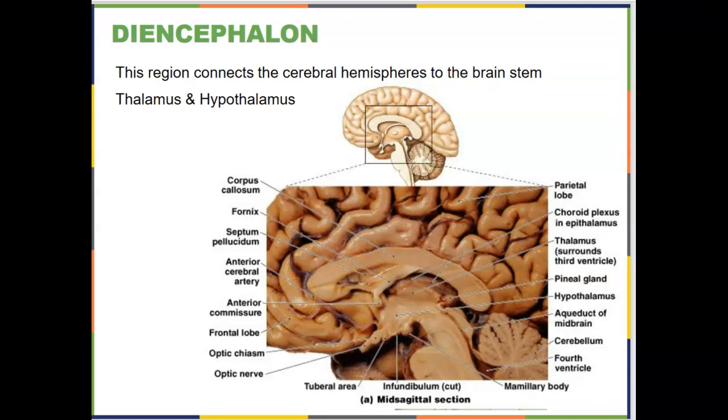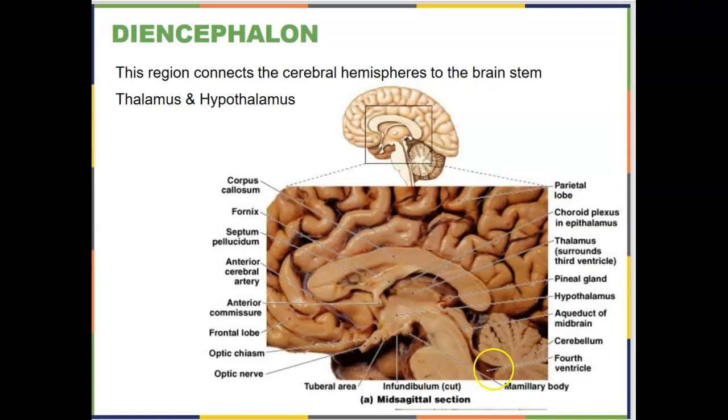It's hard to see in these pictures, though. It's like right here. Okay, it's part of it. The artery here is actually devoid of many red blood cells, but you can kind of see it. The anterior commissure. We have the frontal lobe, of course, the optic chiasm, the crossover between the right and left eyes, the optic nerve. The tuberal area, don't worry about that. Infundibulum, which is important when you talk about certain goal-directed behaviors, don't worry about that. Mammillary body, which is important in